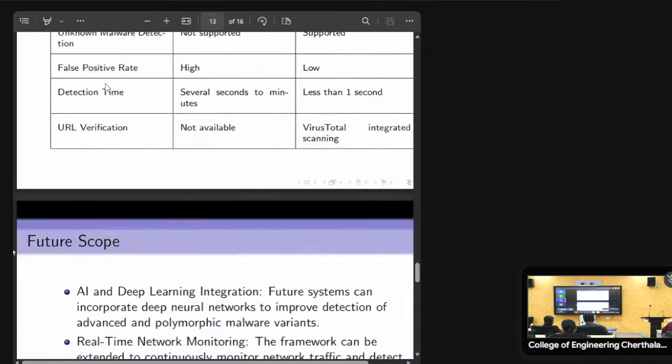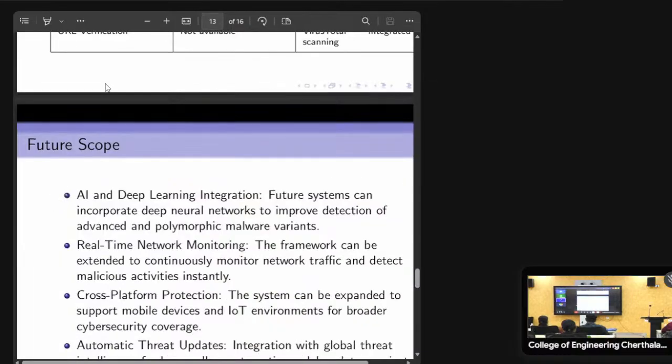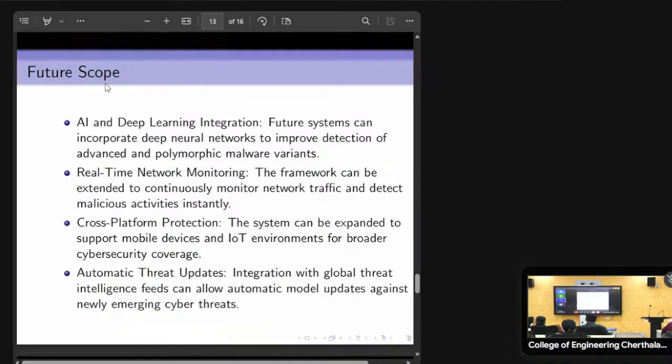The main advantages are that it detects both known and unknown malware, does not execute suspicious files, reduces false positives, integrates online threat intelligence, and provides fast and detailed reports. Then the future scope. In future, the system can be improved by adding dynamic sandbox analysis using deep learning models such as CNN or RNN, supporting mobile and multi-platform analysis, and integrating continuous threat updates.